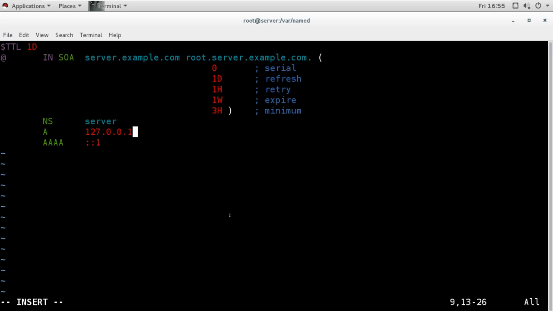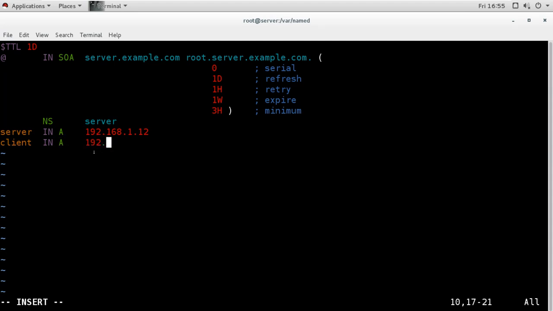After that you will add all the records, all the A records. A records mean whatever name to IP records we have. Now I have mentioned the name of the server everywhere, but I have not mentioned the IP of this server. So first I will mention the IP of this server, that is the server.example.com A record, and the IP of this server is 192.168.1.1. Then you will mention all the other records. We do not have dynamic updates, so we will make these records manually.